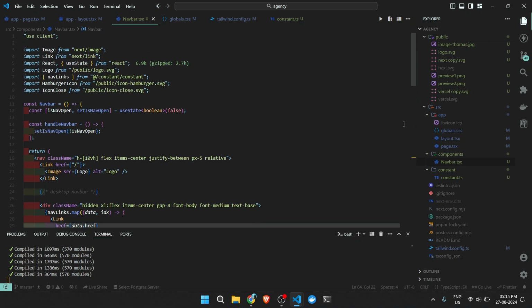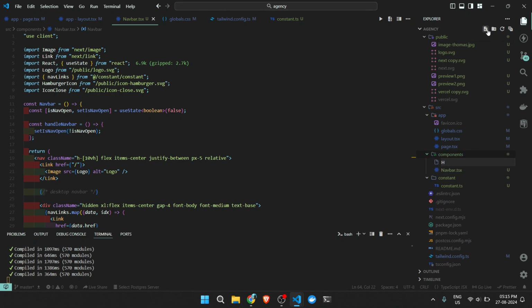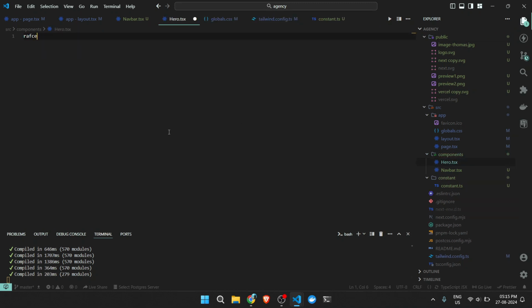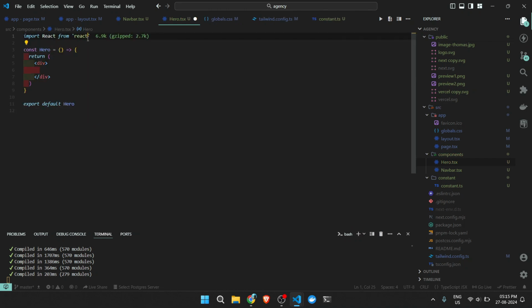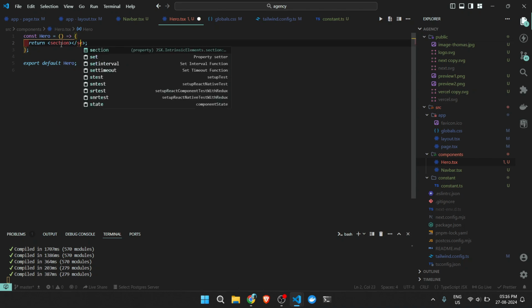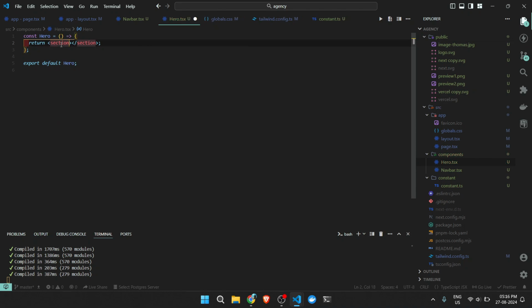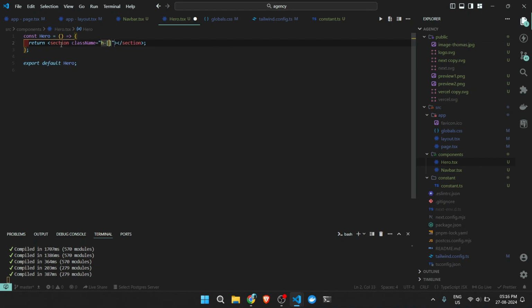So to create our hero section, in our component folder, we need to create another file, name it as hero.tsx. Type here rafce. It's working here. Alright, now we don't need this. What we can do, we can change this div to section, and this section will have a class name of height of 90 vh,